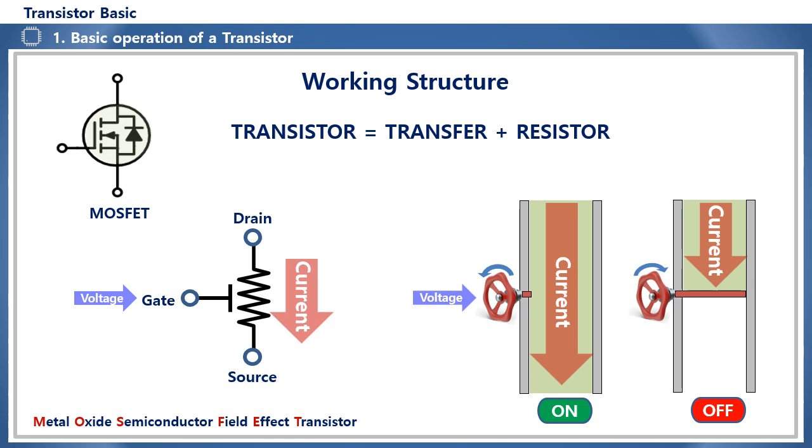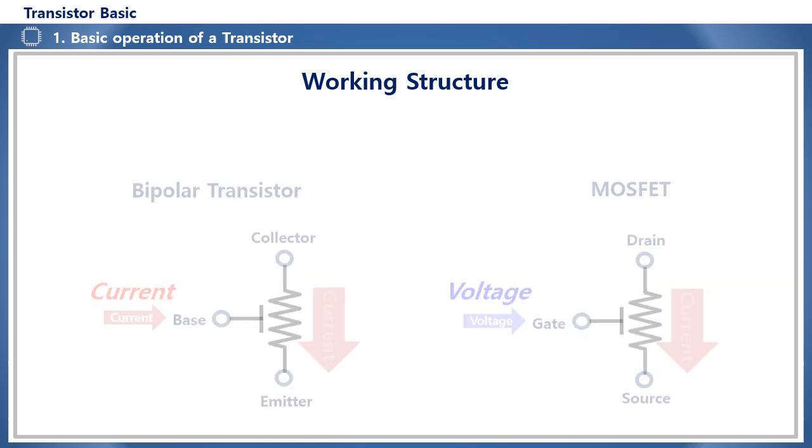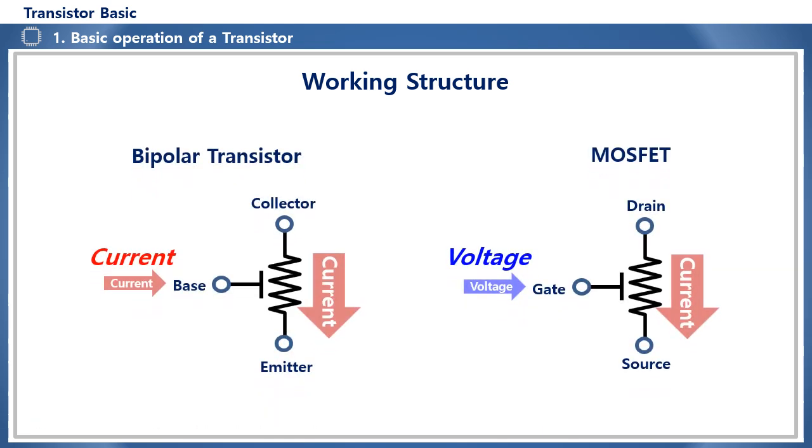It is important to remember that while bipolar transistors adjust their channel resistance by applying current to the base, MOSFETs are controlled by applying voltage to the gate. The main difference is that bipolar transistors are current-driven and MOSFETs are voltage-driven. MOSFETs are more widely used for switching large current capacities due to the presence of a turn-on voltage between the collector and emitter that form the bipolar transistor channel.